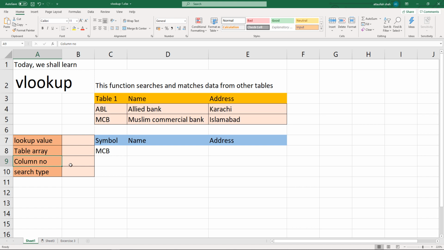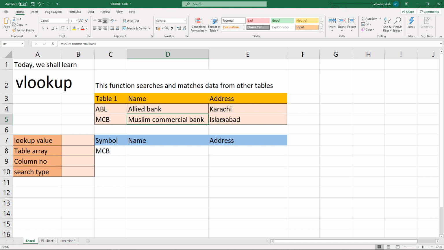Column number is the third argument, which should be a numeric value. Based on this value we ask the VLOOKUP function to fetch value from a given table. So if we are interested in the name of the company, we will type 2 because it is column number 2 in this specific table.